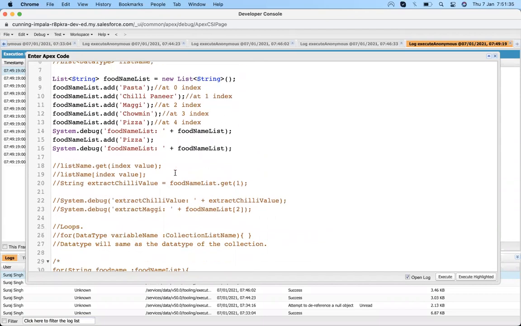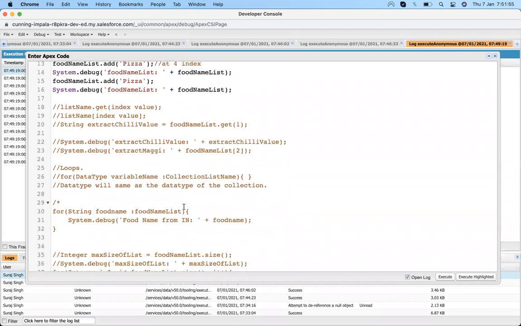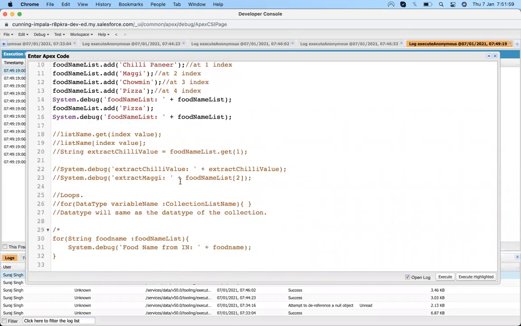Are we going to use only list, set, and map, or are we going to use something like tree set, like we use in Java? No, that is not available here. Only list, set, and map. Yes, only those three collection data types are available. Okay, perfect. Thank you.